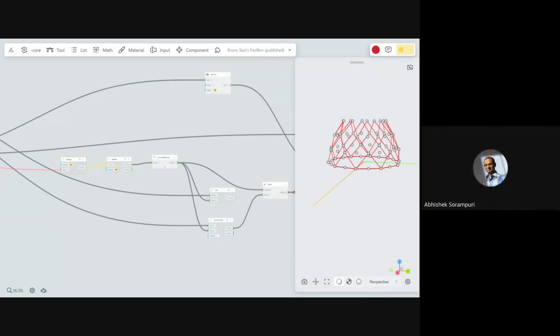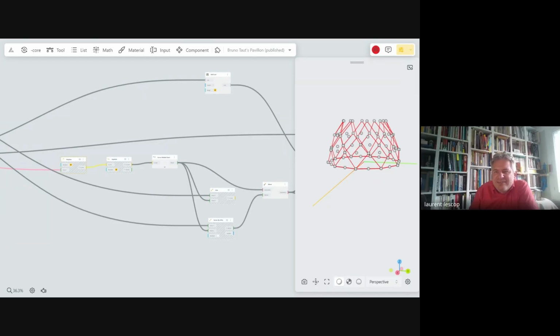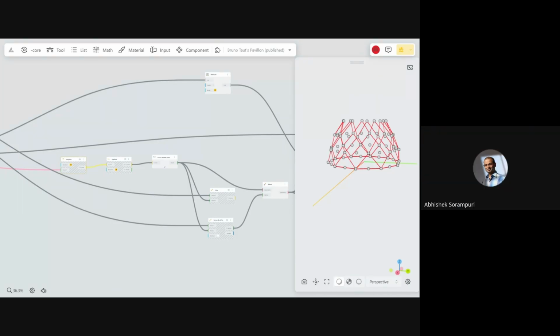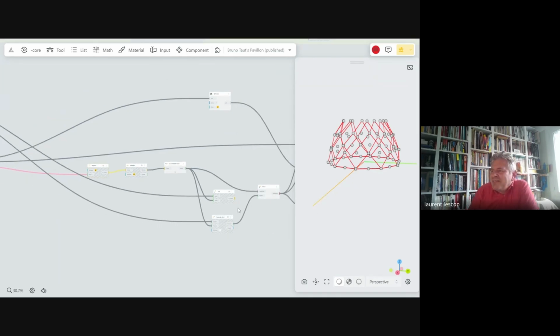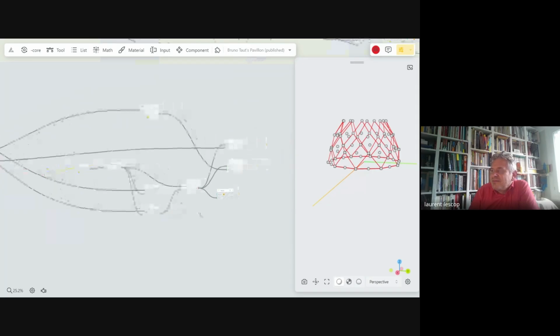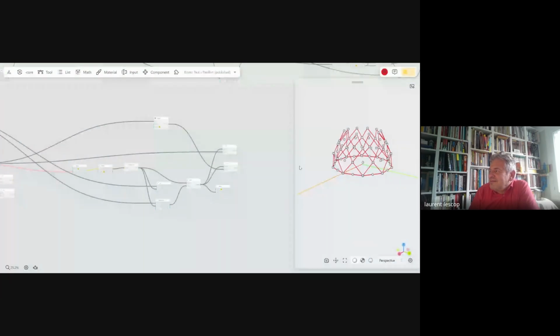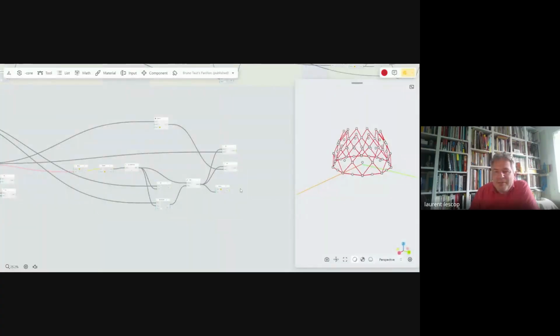There's a similar method in Grasshopper also, where you can combine it in the form of a node. Yeah, I checked in Grasshopper, but it's the same question, and I don't know how to do that. I don't even know if it's possible.